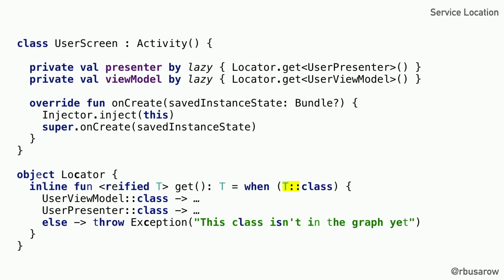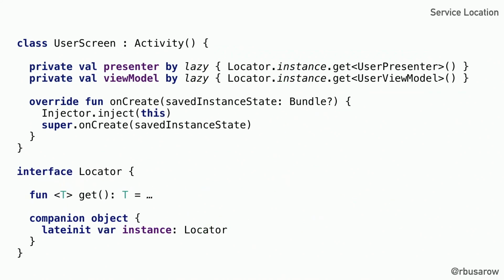So we could take this further and say, all right, well now we have a user presenter, and just add another line to our when block, and it scales very, very well. But a problem with this is that we're now locked into a single dependency graph, right? It's just moved around. It's kind of the same as normal control flow.